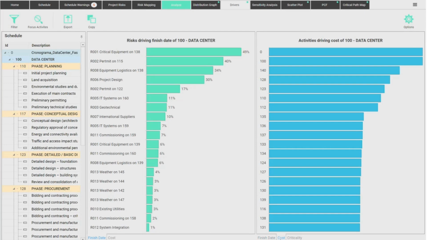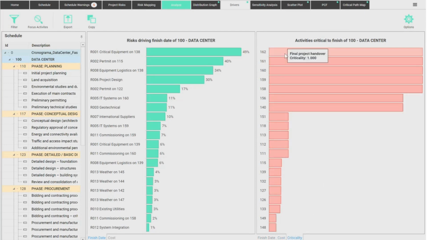On the other end here, looking at activities, what are the activities that drive your finish date or your cost, or even better, cruciality? What are the activities that appear on your critical path? So some activities, they have a cruciality of 1. They appear on the critical path 100% of the time, basically. Some activities have a cruciality that's a little bit lower. So lower means it's not on the critical path all the time, but often. And then some activities are not that critical for the critical path. So different ways you can present information and make decisions based on this, okay? So there's a lot of stuff packed here.